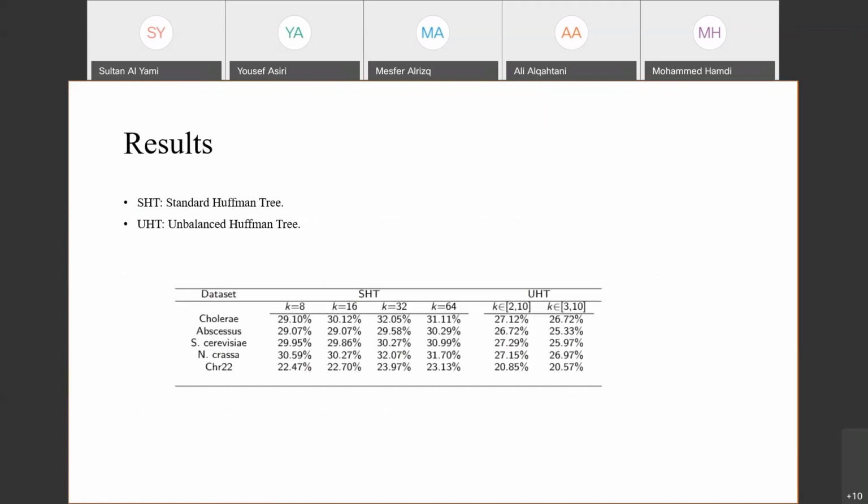First, we compare against the standard Huffman tree. For all data in the dataset, our tool shows significant improvement over the standard Huffman tree. We tested different K, which is the number of k-mers to be encoded, for both the standard Huffman tree and the unbalanced Huffman tree. For all genomes, the unbalanced Huffman tree provides a better compression ratio that reaches 3%. Chromosome 22 was a special case since it has a lot of N bases, so we don't see any significant